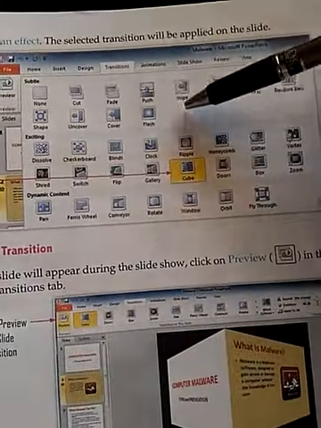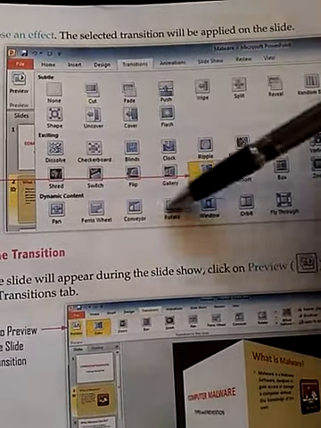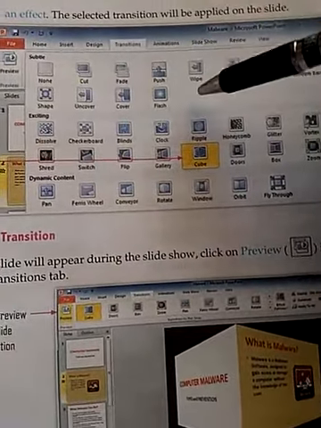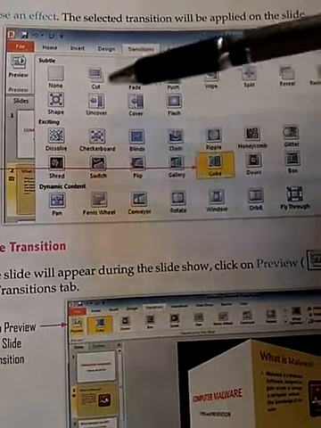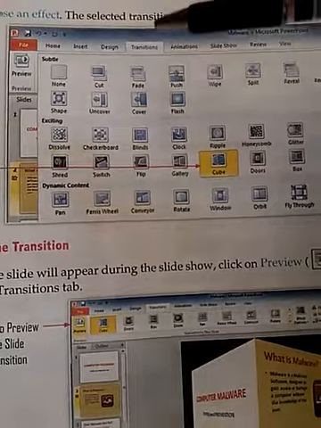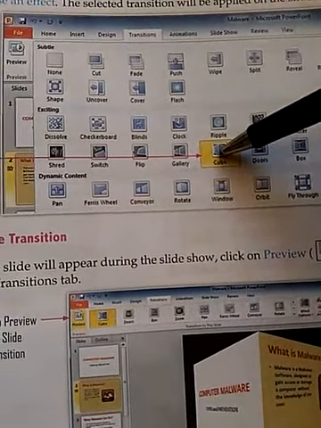It will show you the different types of transition effects. You can choose any of the transition effects according to your requirement. After that, just click on the preview transition.